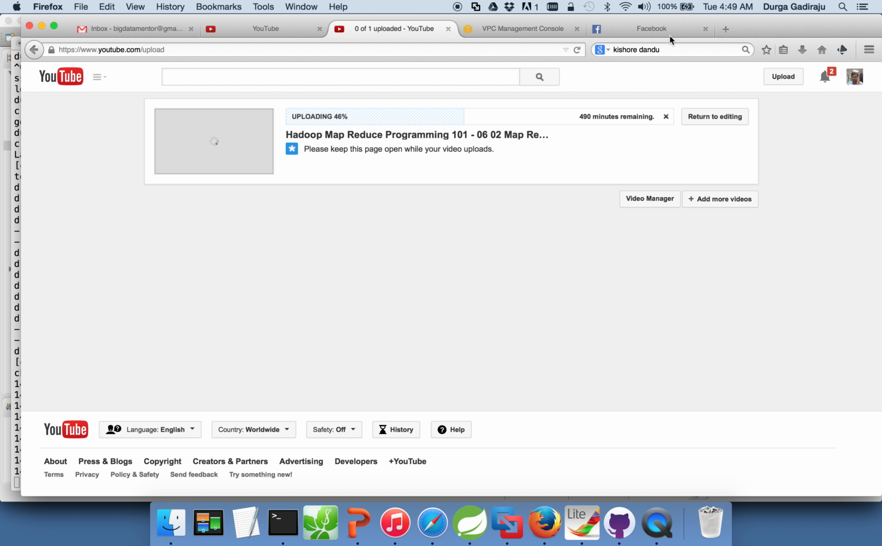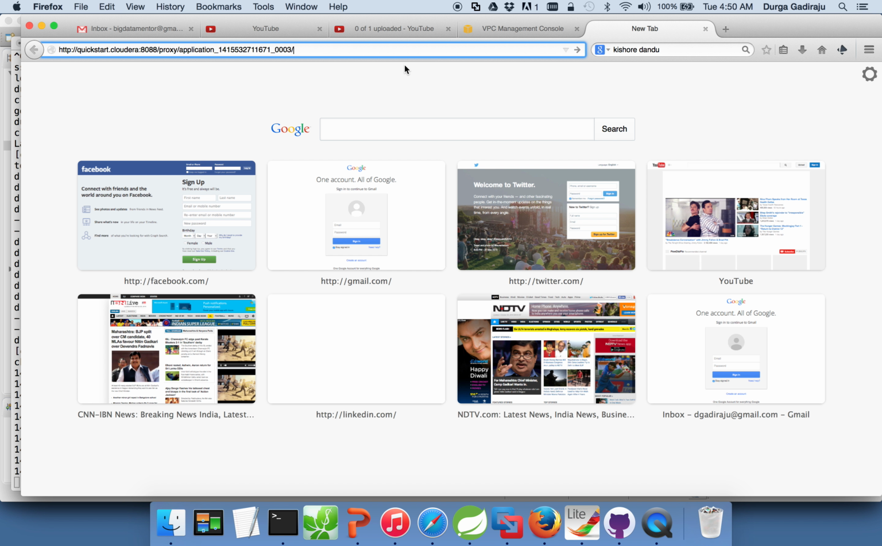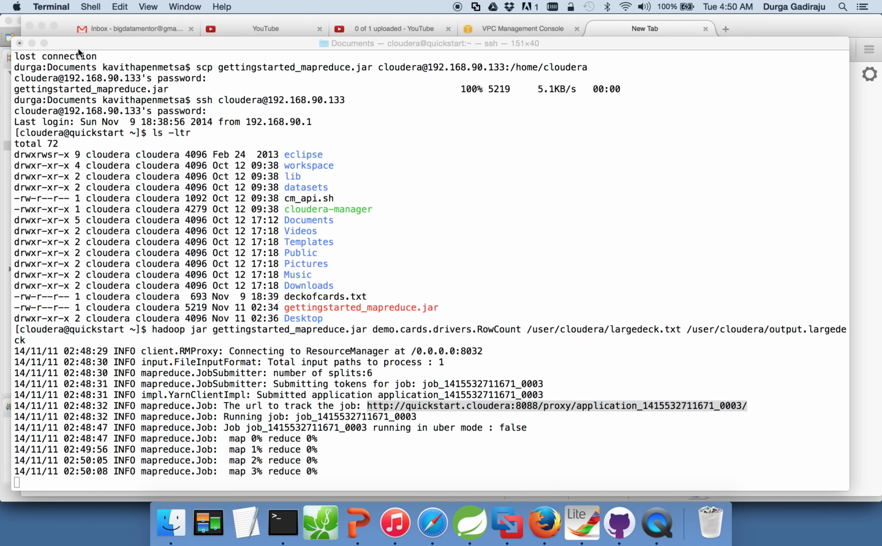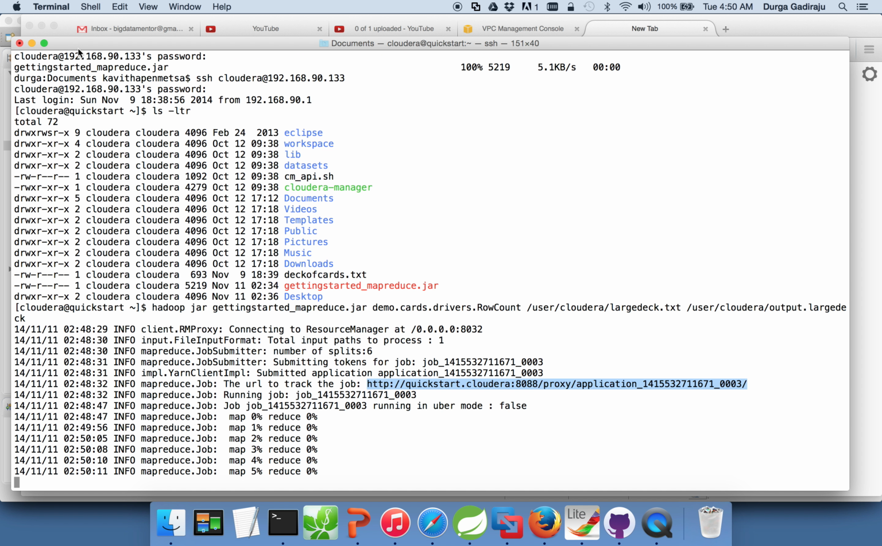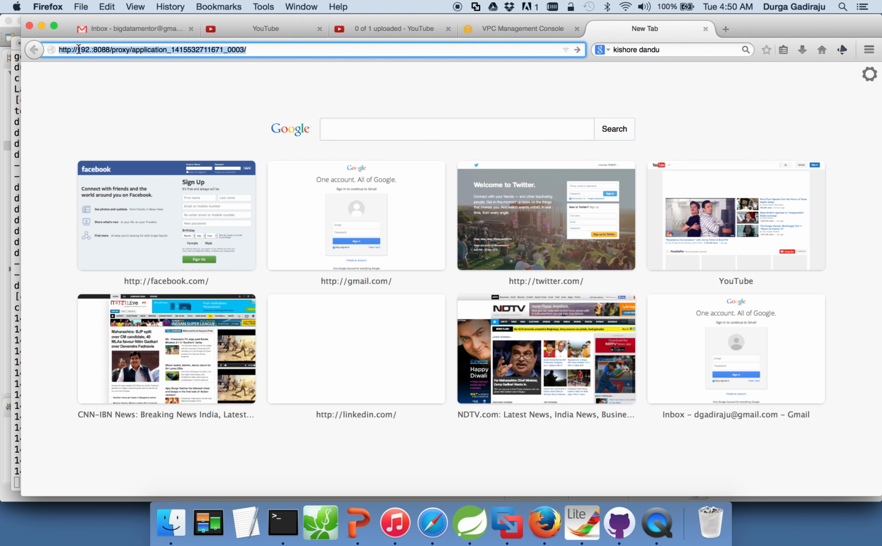The way you can do it is you go to your browser, copy and paste the URL, and change the IP address. In our case, the IP address is 192.168.90.133. And then if you hit enter,